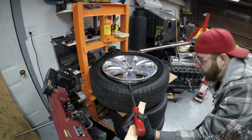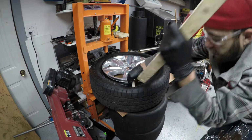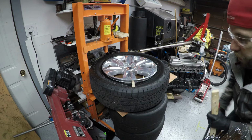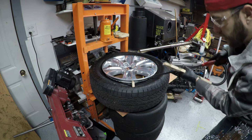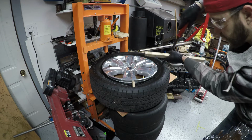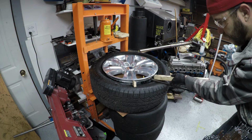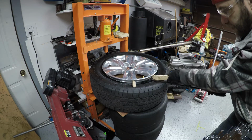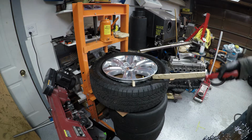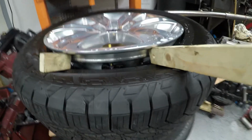So now that I've got a gap, I'll take my piece of wood in there. Kind of get it so the wood is nice and square. It's not on an angle, it's not tilted. This is in there pretty good. So I'll do the same to the other side. Make sure that sensor is clear before I push this down too far. And like so, we'll get this in here. Just like that. So now I've got enough room to be able to see the sensor and the bottom of